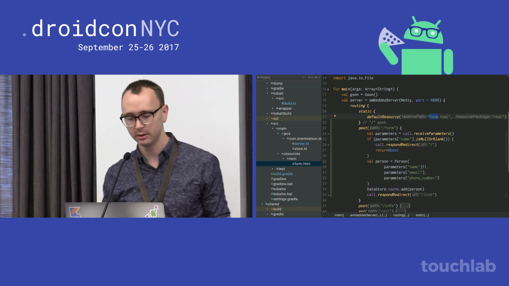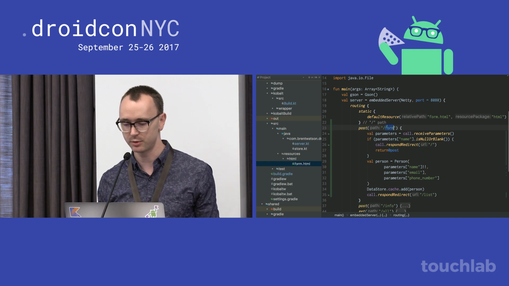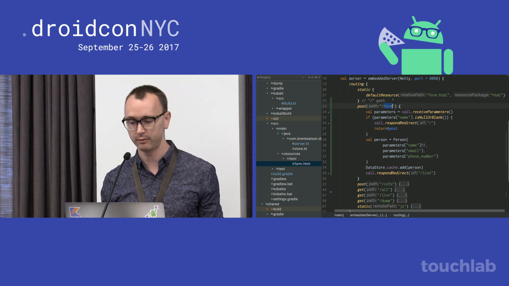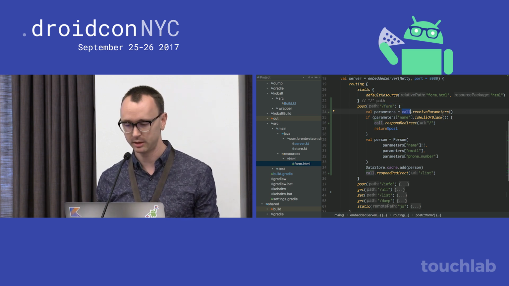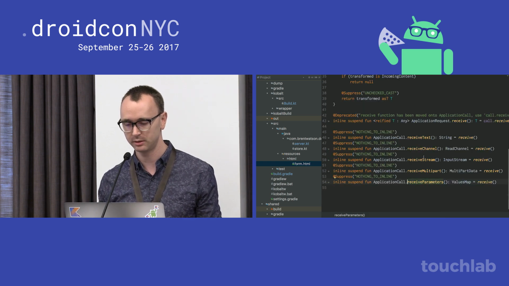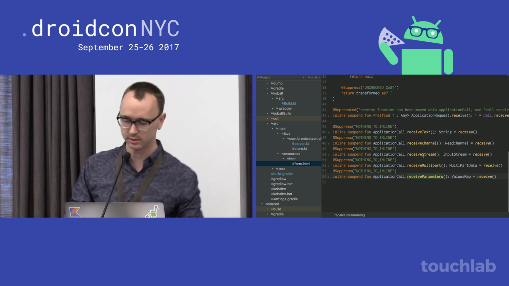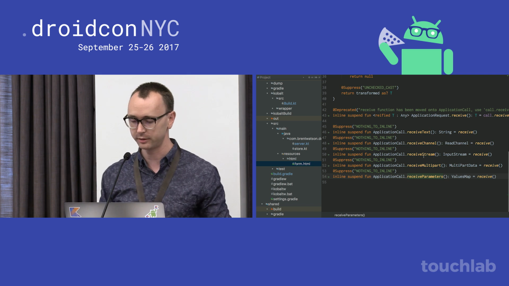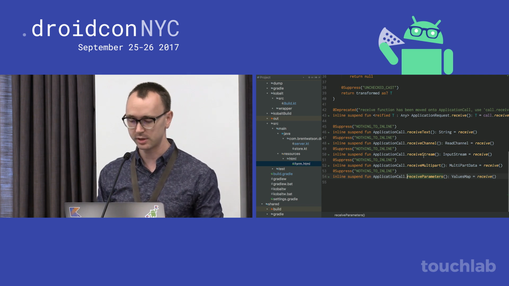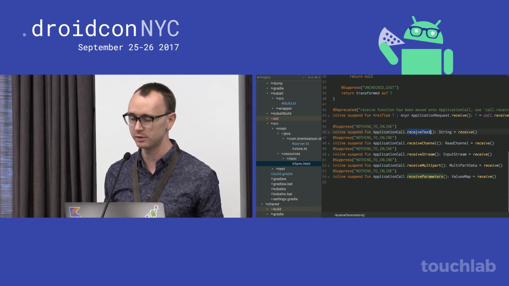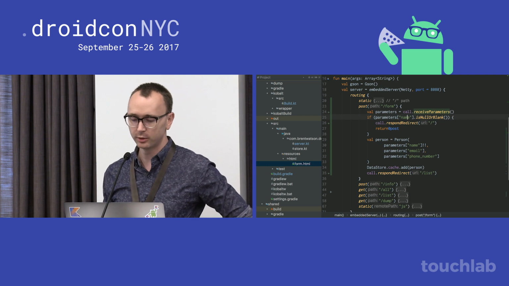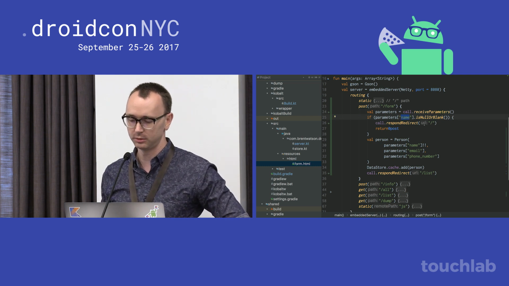All right, so here is where we're going to get the data that's posted back. Within this routing context, you have access to a call object, and it has these various receive methods, and these are what they look like. You can receive text, channel, a stream, multipart. We're using receiveParameters to get all the parameters that get sent in from the form. Receive text we're going to use in a minute to get the blob of JSON that comes in as text. We only require a name, so if it's null,